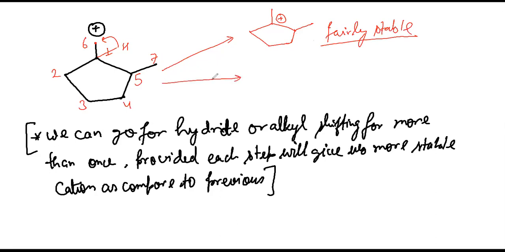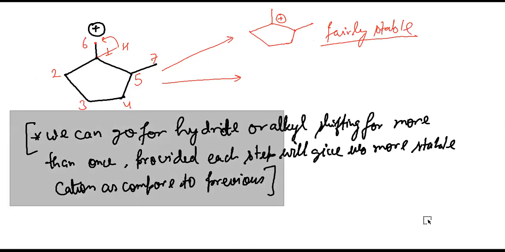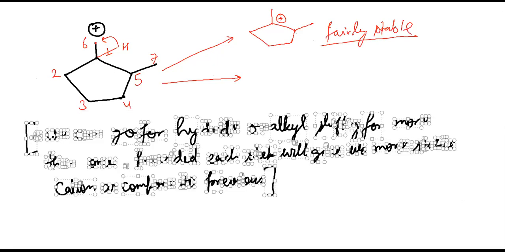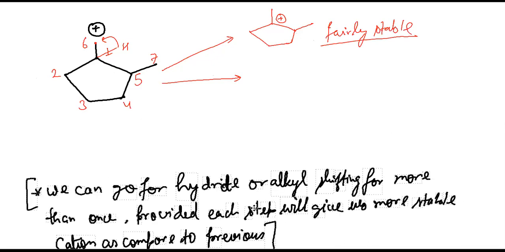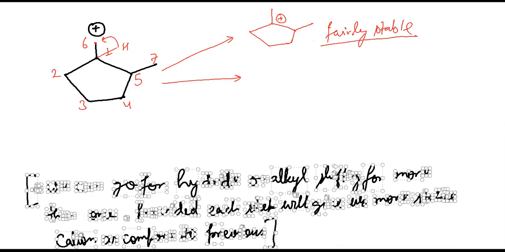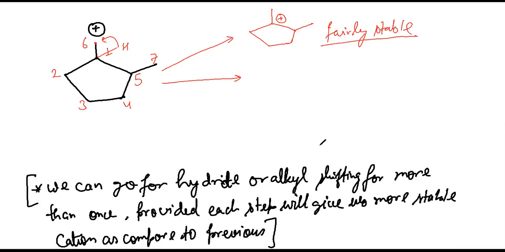Can you tell me, will ring expansion take place or not? Yes, it will take place. But tell me, from side 2 or from side 5? From where do you want to keep your carbocation closer? Do you want your carbocation closer to 5, or far from 5? Closer to 5, sir. So that's why I always expand from the second side. This bond will start breaking, and you'll start getting this.